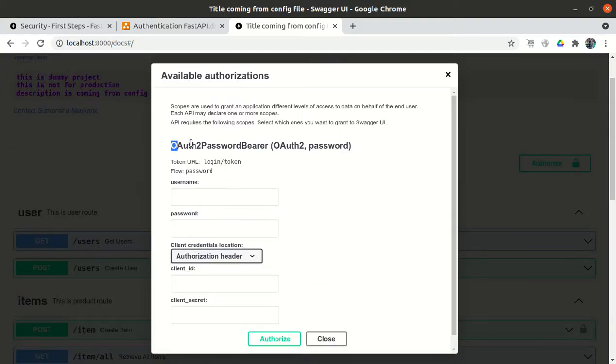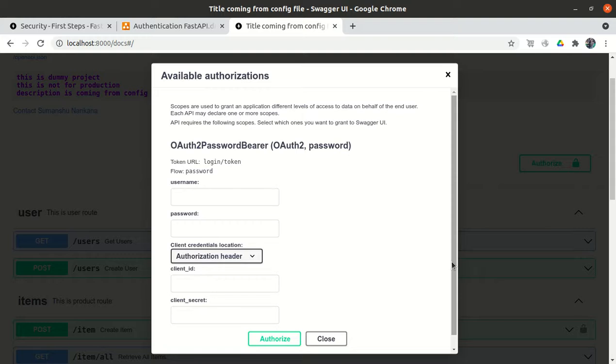So you see, we are using the OAuth2 password bearer. So this beautiful username and password form, because we have not written input type equal to text, input type equal to password. We have not written any HTML code, right? We just imported one library and everything is ready for us, and it will go to this URL, login/token URL, right?